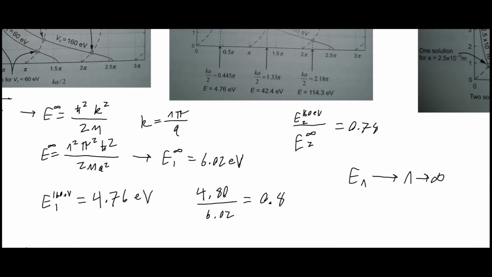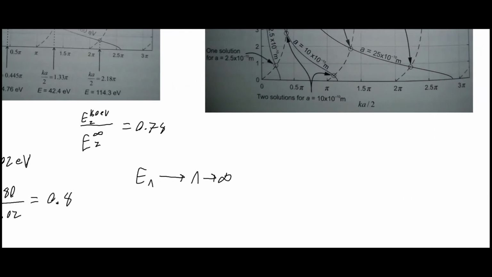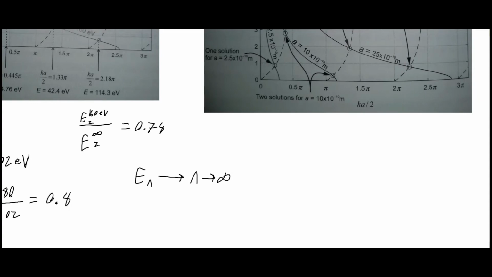This video is already getting a little long, so I'm not going to run through all the calculations, but what we will get is E equals h bar squared, and we have Ka over 2 squared, and then we have the 2 over a squared there. So we're just substituting all this in for the k